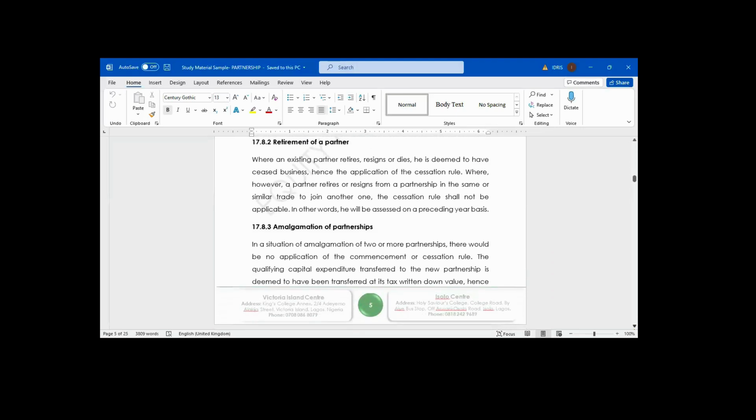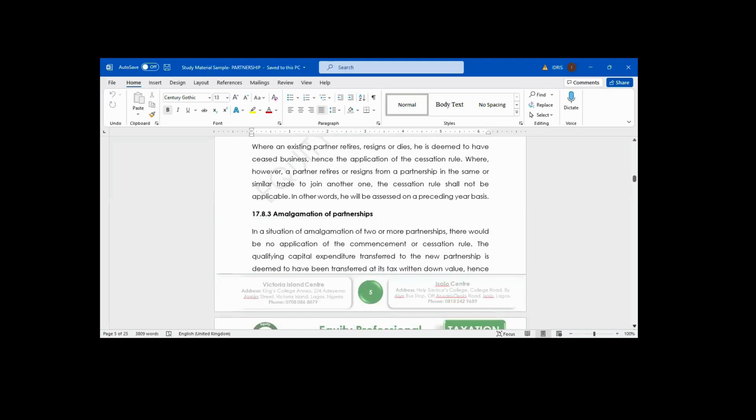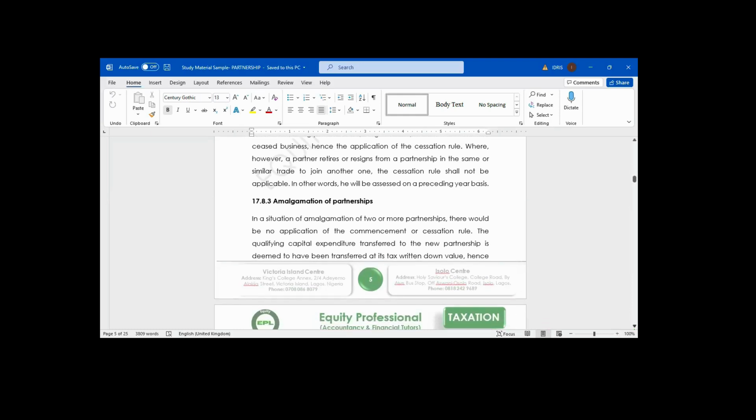Now, amalgamation of a partnership. What is amalgamation of a partnership? When ABC and Co. is a partnership business and they now amalgamate, meaning join together, with another partnership business called XYZ and Co. How do we treat that? In the case of amalgamation of a partnership,